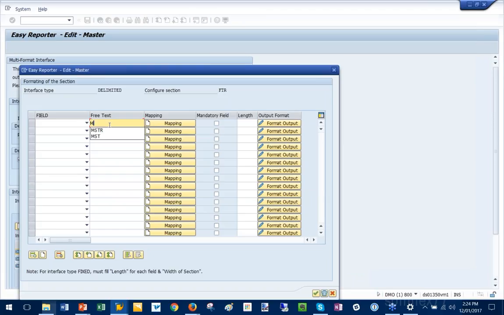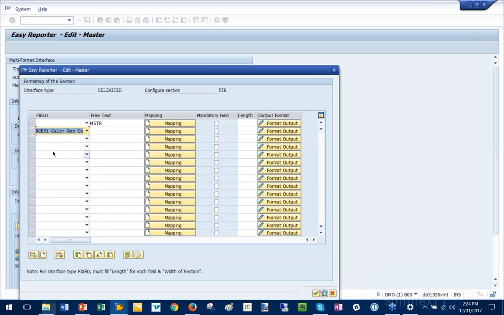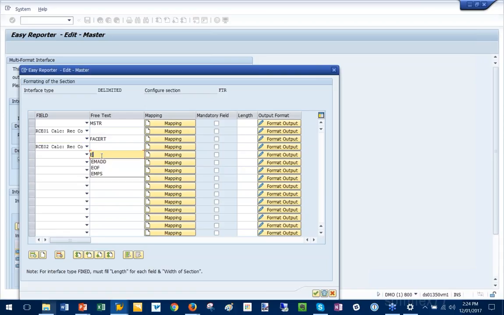So the first thing I'm going to do is say, okay, let's give them some record counts so they can confirm they've got the right number of records. So in the master section, you'll see here, I can choose a record count for each section. I can also include the header or footer. In those sections, I didn't actually put a header or footer, so these numbers will be the same. But I'm going to say, let's count the master records. Then I'm going to say, how many first aids did we send? And how many emergency address fields did we send? And lastly,